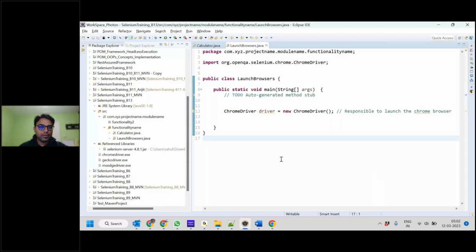Okay, so yesterday we were here. We created an API, and then we saw how to generate a jar file. We saw how to create the API doc for that, and then we discussed how to create the object of the WebDriver, and we are at this stage. We also saw